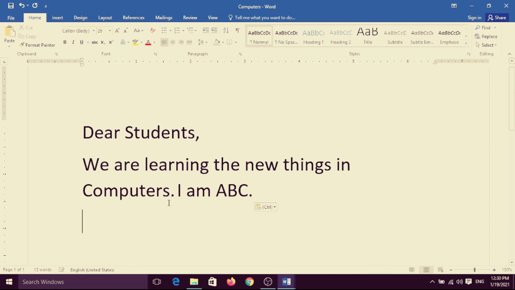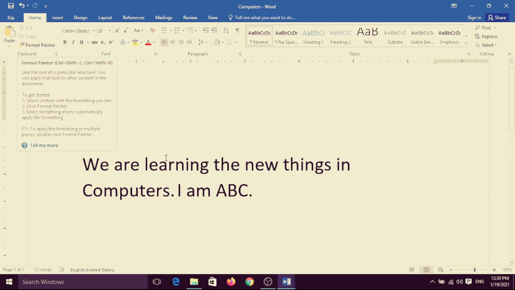Second, once again I want to select this sentence and click the cut command on the home tab. You can also right click the selected text and select cut from the pop-up menu. Now I select it and choose the cut option, and then click where you want to paste it.